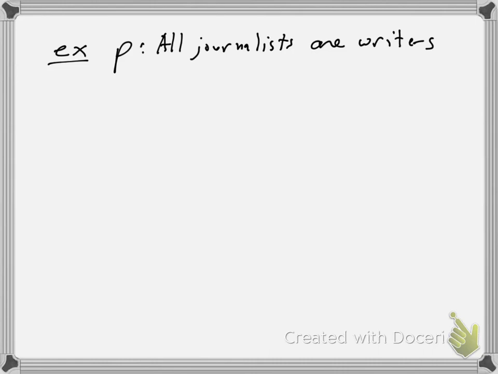Okay, so we're going to take this statement now. All journalists are writers, and we're going to do two different things for this one. We're going to first rewrite this statement in a different wording that means the same thing. So to say all journalists are writers, if you go back to that initial table that I put up that showed the different ways to write these quantifying statements, if you go back and review that table, another way I could write all journalists are writers is to say that no journalists